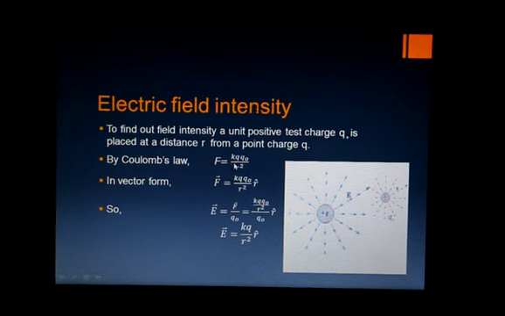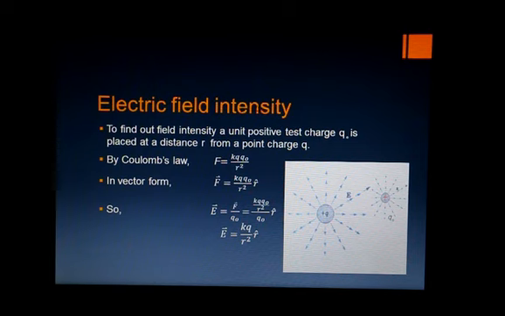If you remember, in my first lecture, I told you about Coulomb's law, and Coulomb's law was F is equal to K Q1 Q2 over R square. Here, we have replaced Q1 by Q, Q2 by Q naught, and we write down this equation. All right? Now, what is the vector form? The vector form, you write it in this notation. F is equal to K Q Q naught over R square, R unit vector. I told you that the direction of electric field intensity is represented by this unit vector.